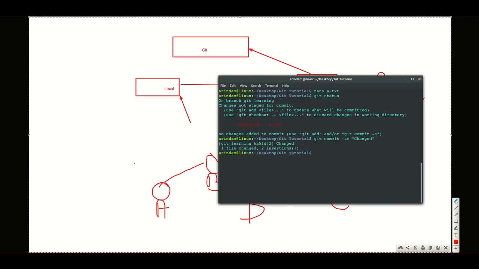See, the file is added and committed together. This is the one command to add and commit together. Now check out to the master branch: git checkout master. Again git status, nothing to commit, because you checked out from master.